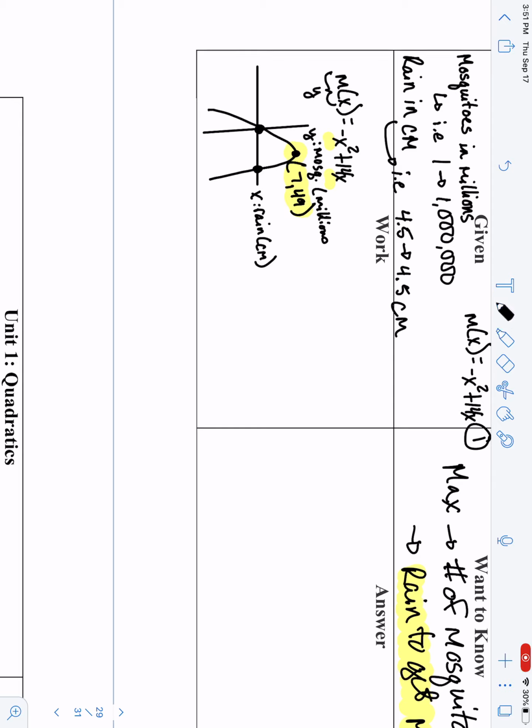Now, what does this point mean? Okay, this point means that at 7 centimeters of rain, comma, we have a max value of 49, and I'm not just going to write 49, but I'm going to write 49 million